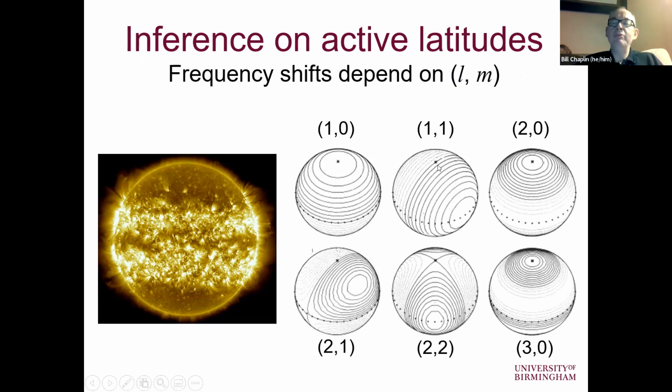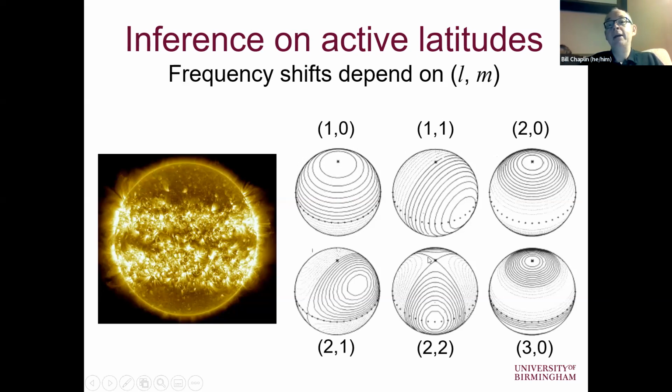But what we do is, for example, measure all the frequency shifts of the L=1 modes and the L=2 modes. We are also able to separate out the different azimuthal orders, because they have different sensitivities, which I won't go into the detail of; we can pick this up in the questions. Basically, we have the ability to separate out observable frequency shifts of different combinations of L and M.